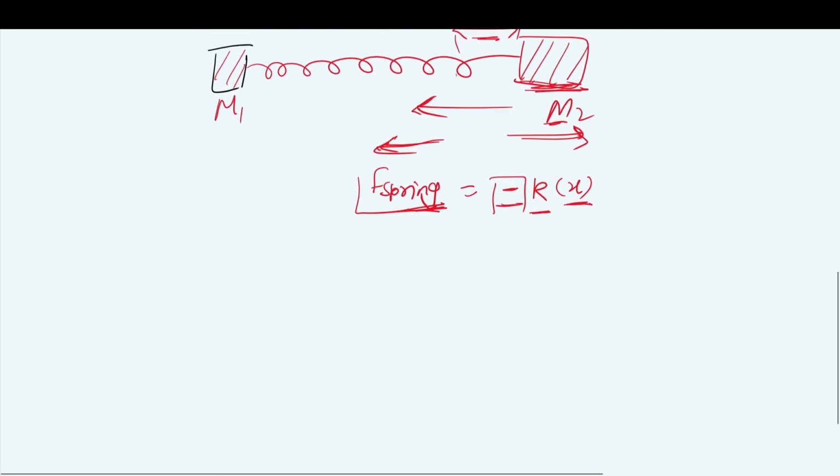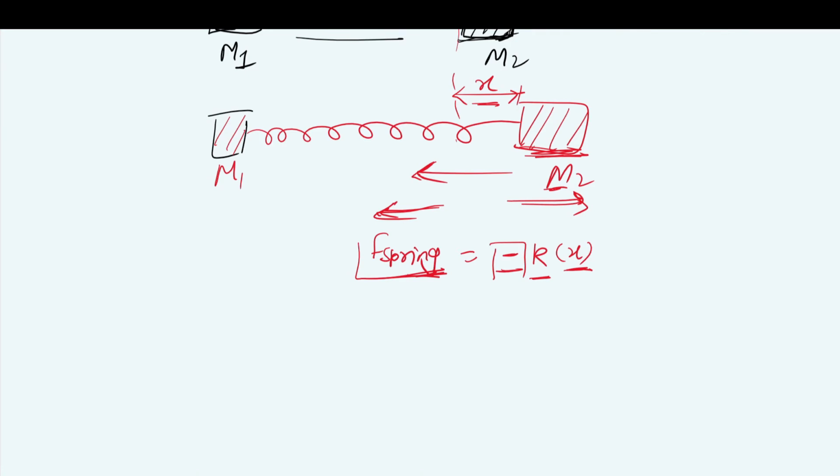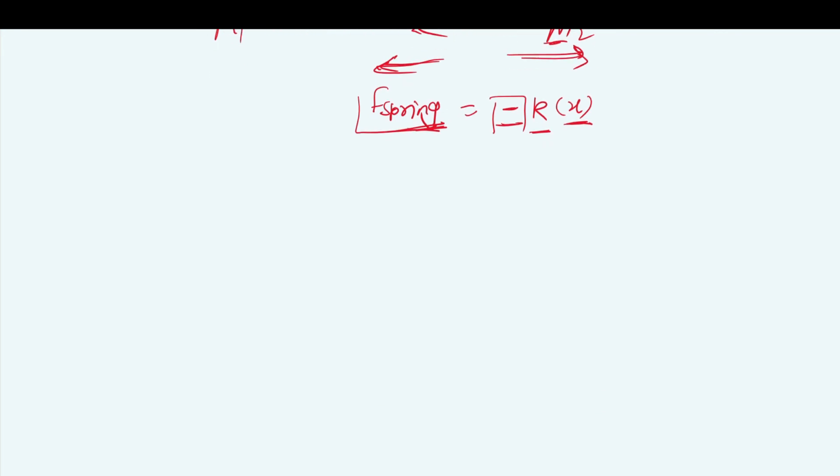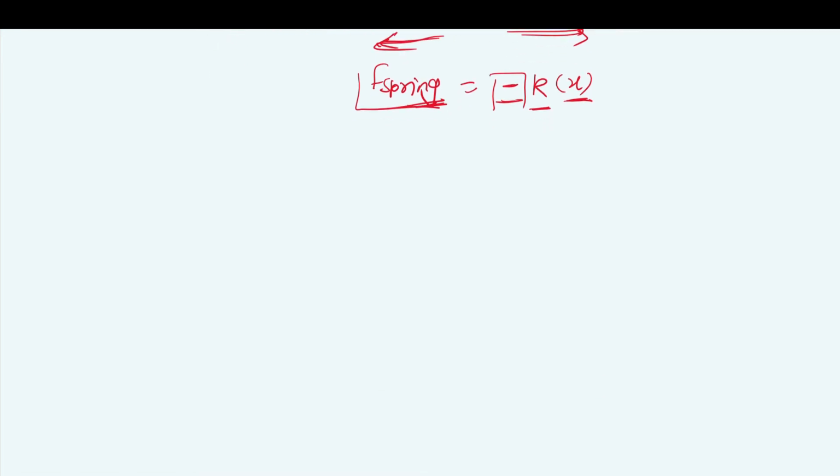In a similar way, if the force is applied in this direction on the block m1, that is F spring. So you can say that the spring will always try to restore its length. Hence, the F spring is equal to k into x, which is negative. So if there are two blocks connected to a spring and they are compressed, then the spring will try to take its initial position in this direction.